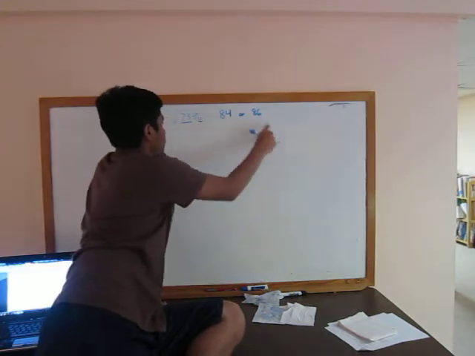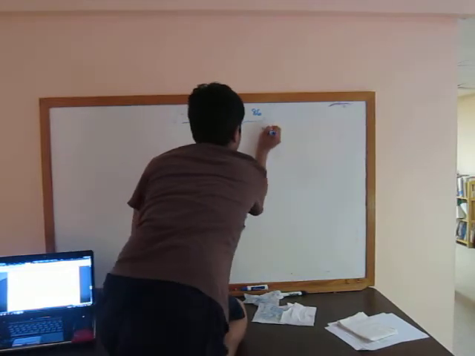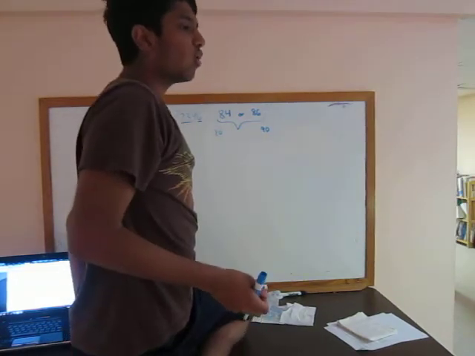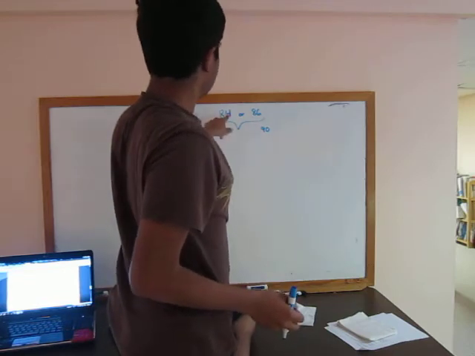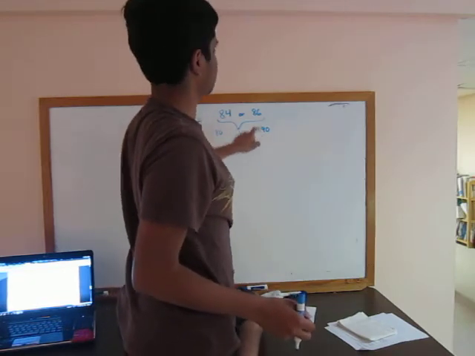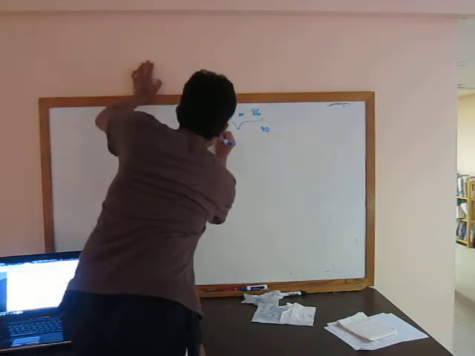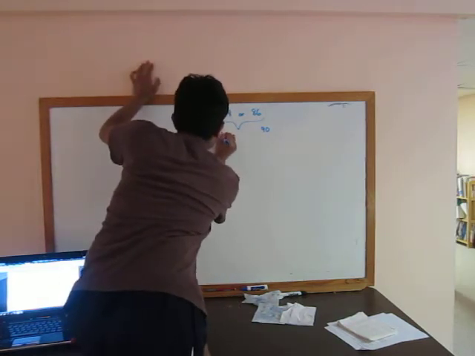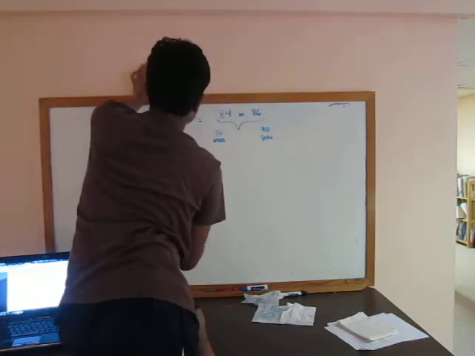So these two squares are both between 80 and 90. If it's closer to 80, then it's 84. If it's closer to 90, it's 86. How do we prove that? So now we square these two. So that's 6400. And that's 8100. Subtract, but